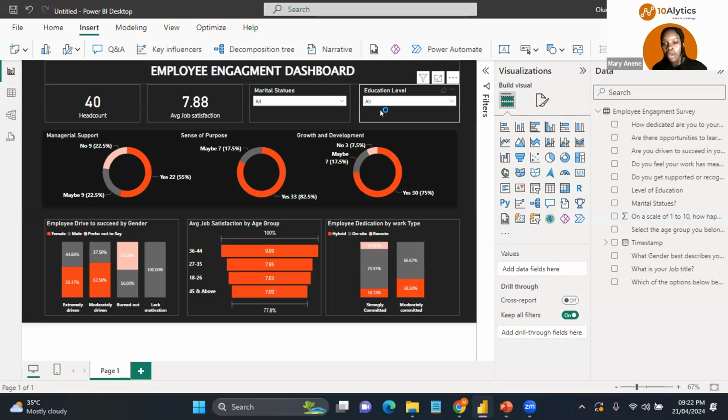And when we look at our employee dedication by work type, we notice that all the employees who are working remotely are very much dedicated with their work and very committed. And then those that work hybrid, a small portion of them are strongly committed and the rest of them are moderately committed, all right? Then we have those that work on site. I would say those that work on site are a much larger population here, and they are very much committed with their work, all right? So we can go on and look at it by